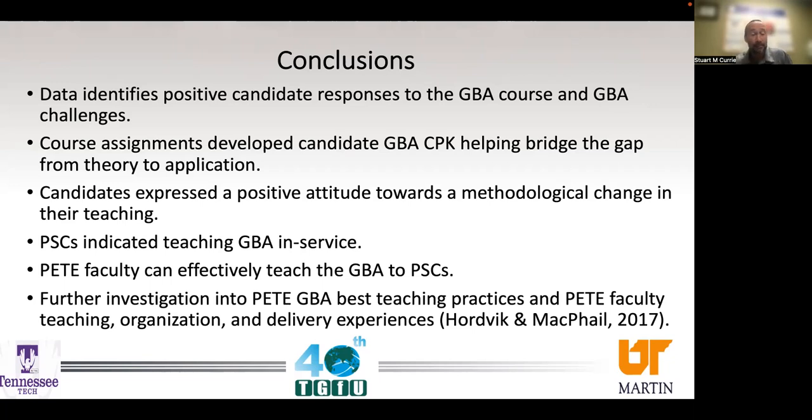And then ultimately, we believe this course has been effective, and PETE faculty can teach a game-based approach to pre-service candidates. And then ultimately, we do still need further investigation into PETE, into game-based approaches, into best teaching practices, but also further investigation into PETE faculty, how they teach, how they organize, and how they deliver the game-based approach experience.